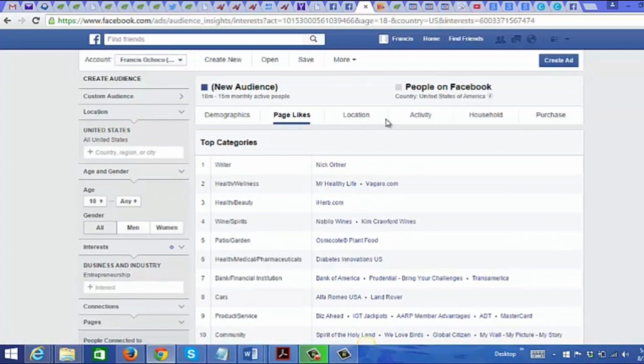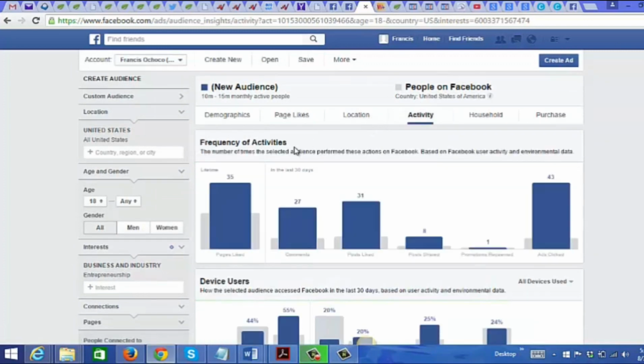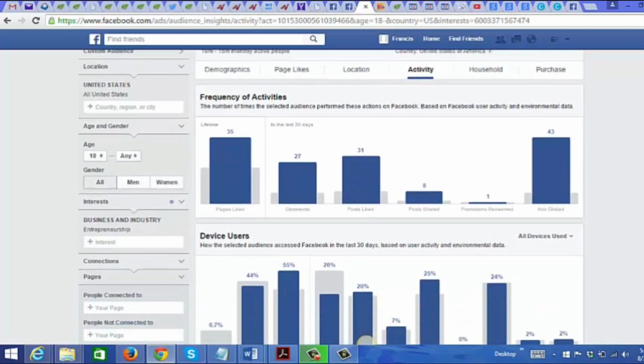Now let's go to activity. You can see what activities they've done on Facebook. It says right here, ads clicked 43. Let's bring that up. It says selected audience 43 people on Facebook.